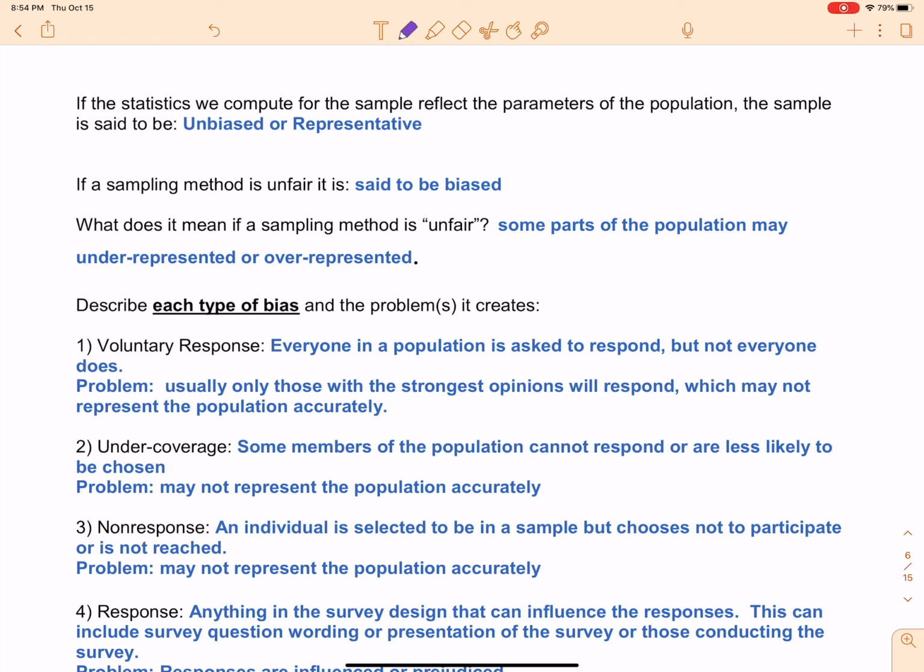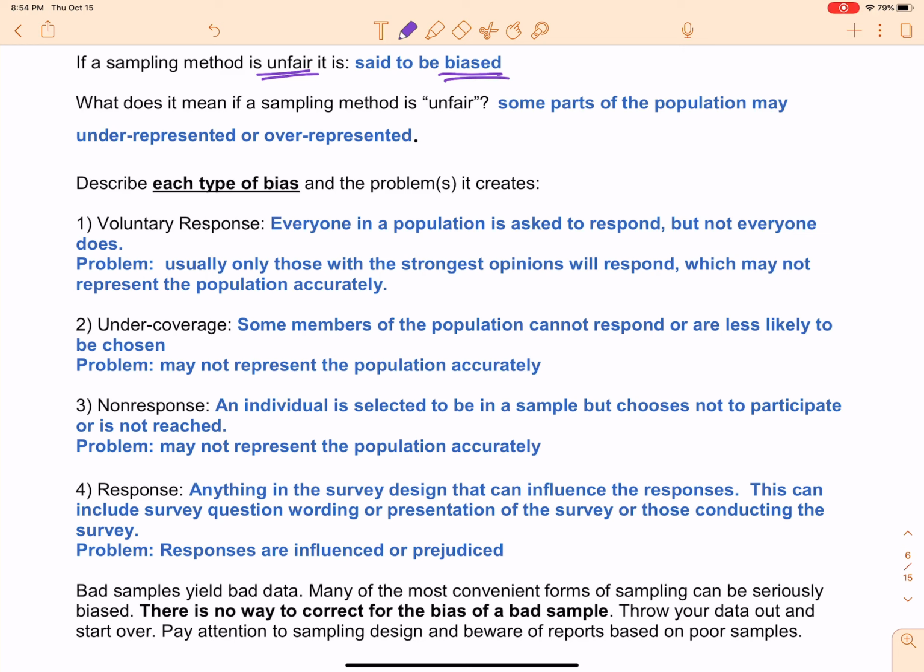on how you sample. So let's talk about this idea that when we compute our statistics from our sample and it reflects the parameter of the population, we say that sample is unbiased or representative of the population. So that's what that means. If a sampling method is unfair, we say that it is a biased sampling method. So what does it mean to be unfair? Well, when we're sampling, it means that there's a portion of our population of interest that may be underrepresented or